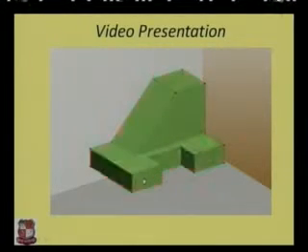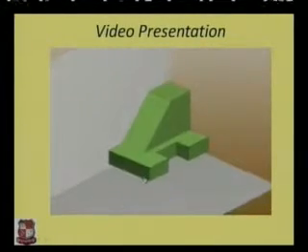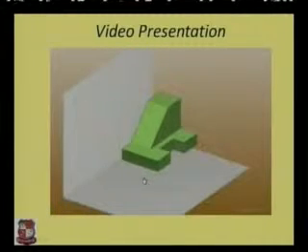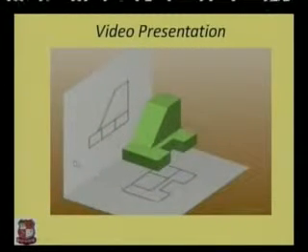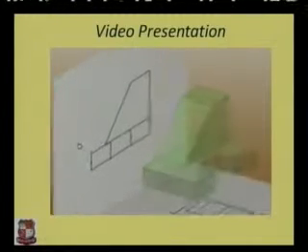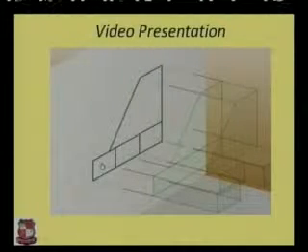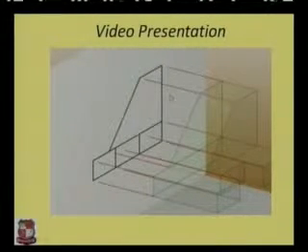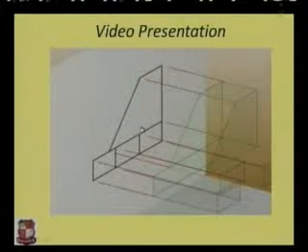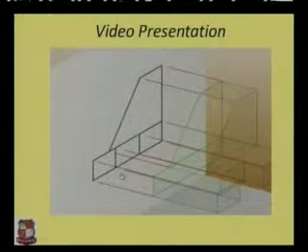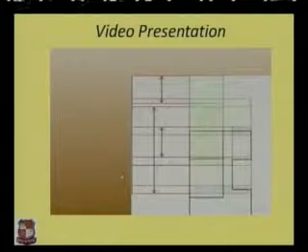Now, first of all, we will consider the front view. When we consider the front view, the projection of the front view is projected on the vertical plane. So this is the projection of the front view. Now we will see the method to draw the projection of the front view. Now these are the projectors. This drawing is said to be the projection for this particular front view, and these lines are said to be projectors, with the help of which the drawing is carried out.